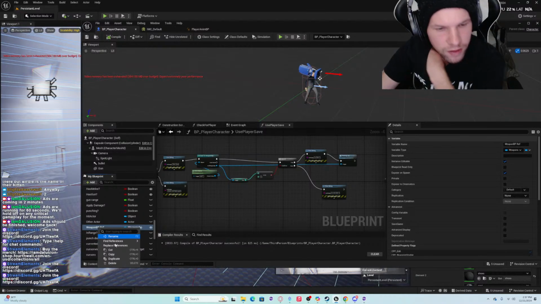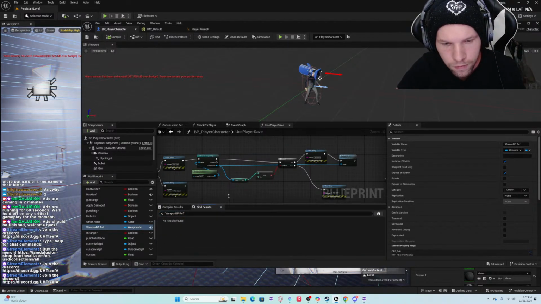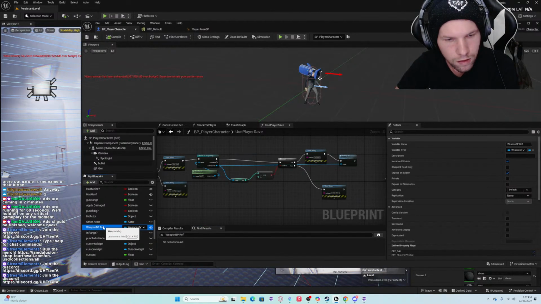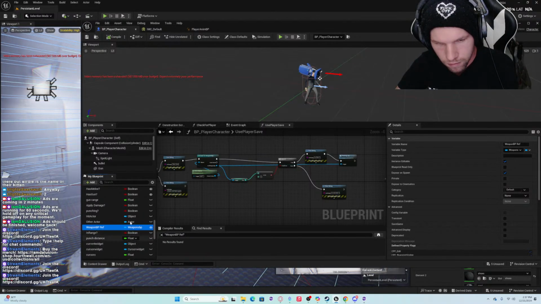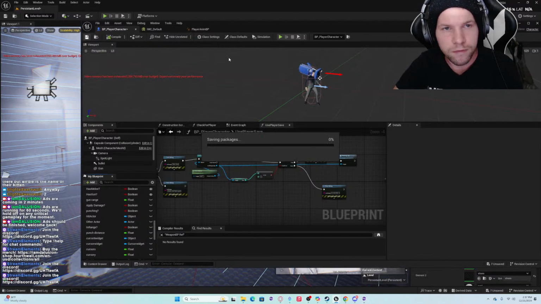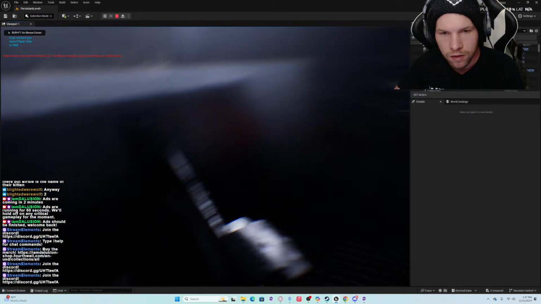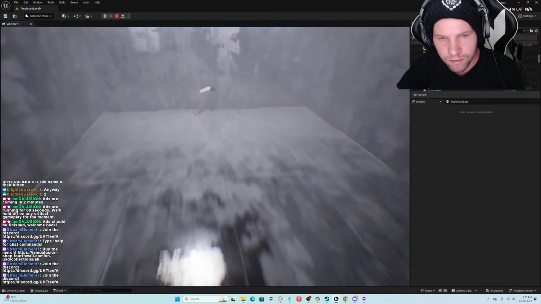Are we even using this? No, we're not. I don't think it's being used at all, to be honest. I think that was just a variable I kind of left in there.